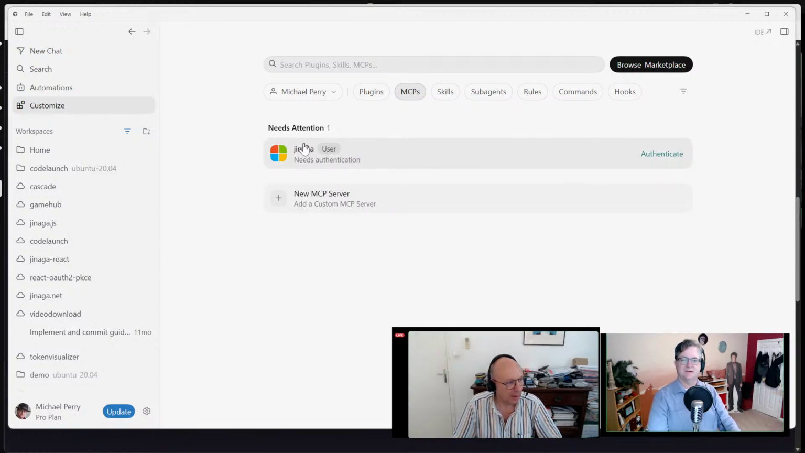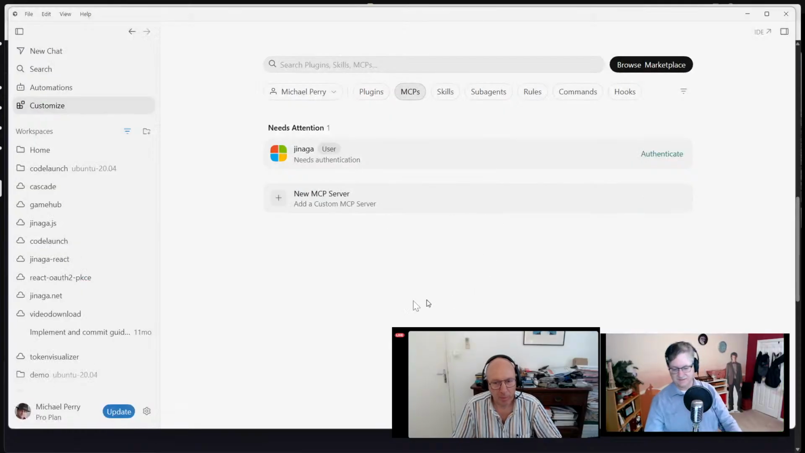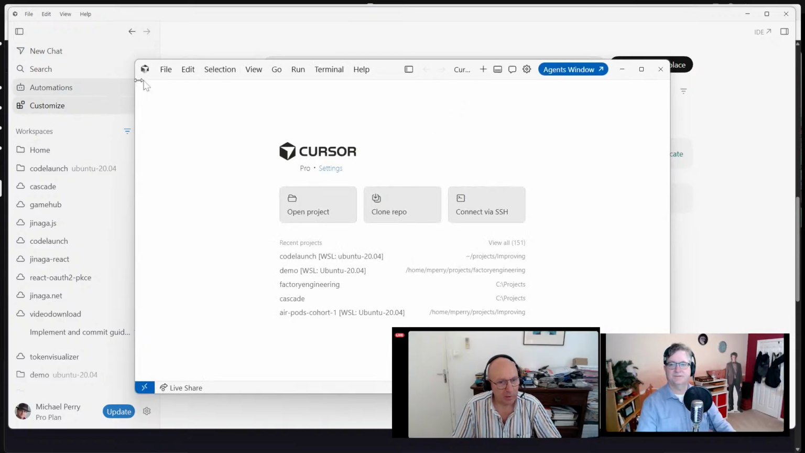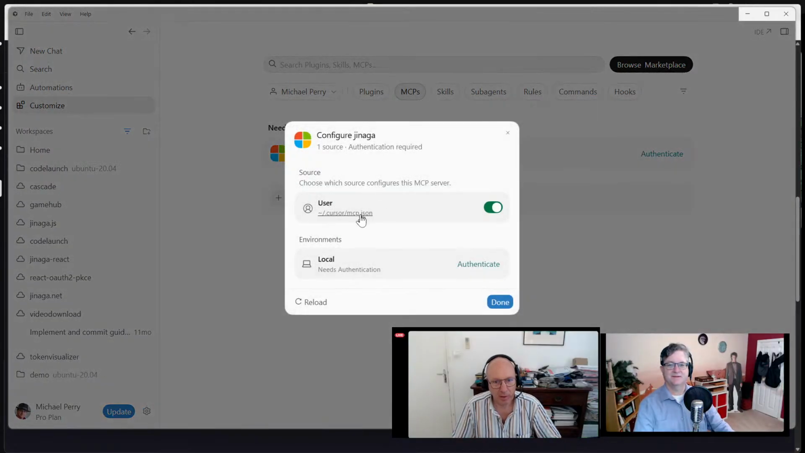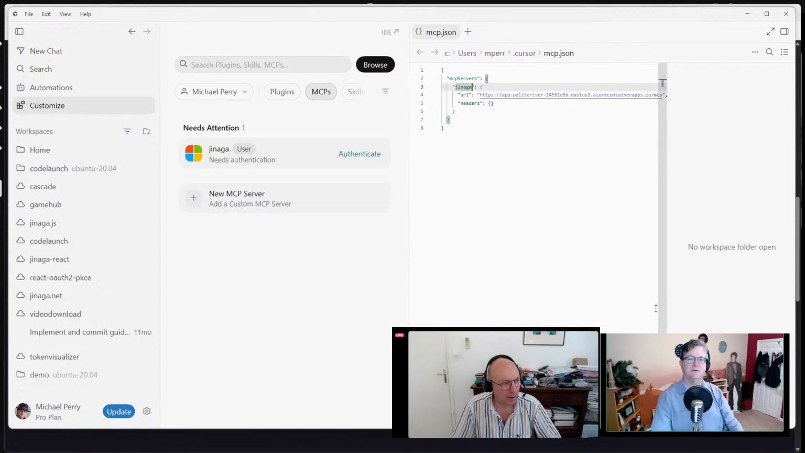Okay, so we've got our old Jinaga agent. That's at the Cursor MCP JSON. So does it have a way to edit? I'm not seeing a way to edit. You click on it, and you get a JSON file, and then you can remove it. Perfect. Okay, so what I want to do in order to port things is rename this one to Jinaga staging,